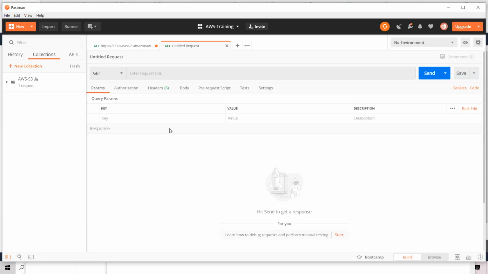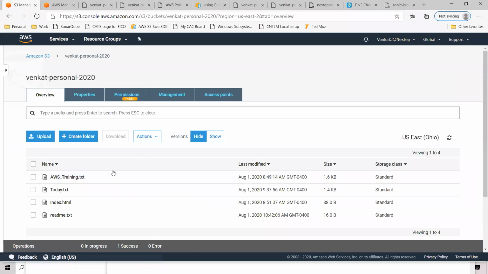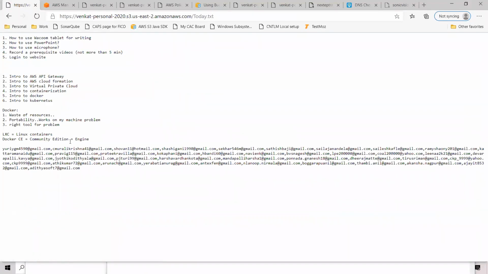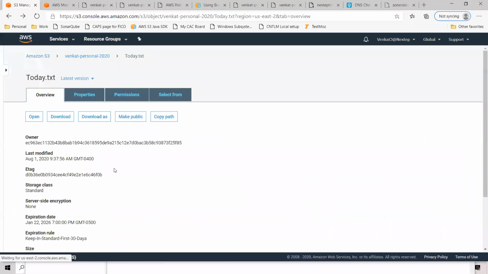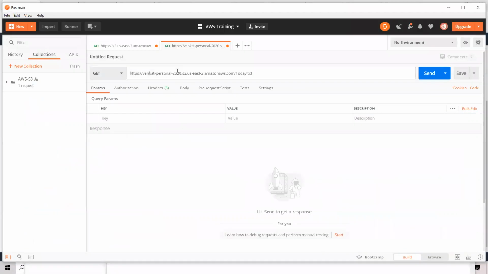So if you want to get an object that is public, you can get it. It's no big deal, you guys know that. Let's say this today.txt. I will take this txt file's object URL and put it in, like how browsers send it.